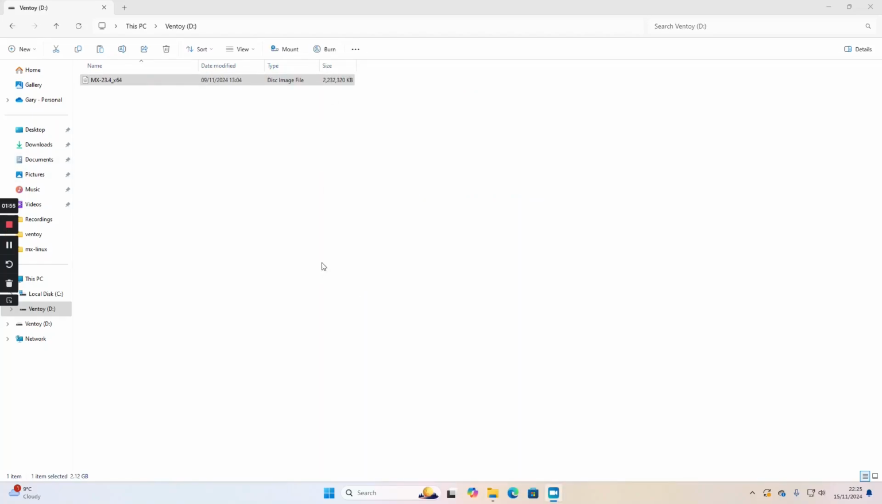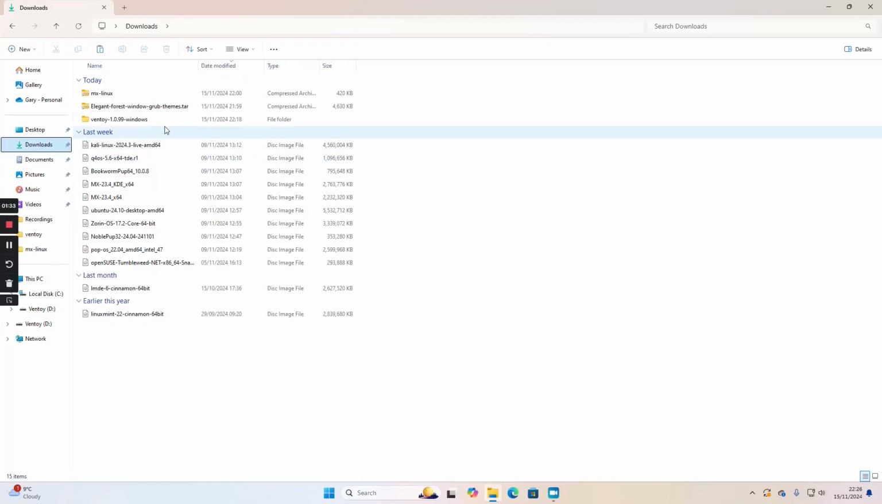Your Ventoy should now boot. If you rebooted your computer and left your USB drive in, you will see the Ventoy screen and it will show MX Linux as an option to boot into. But what we want to do is change the ugly theme that Ventoy comes with and make it something more appealing. The way we can do that is if we go to your downloads and you go to your